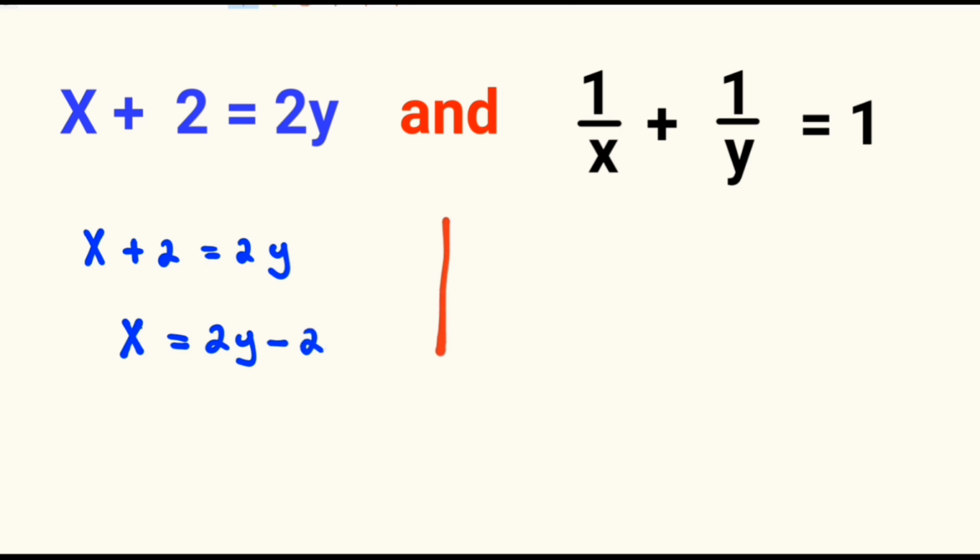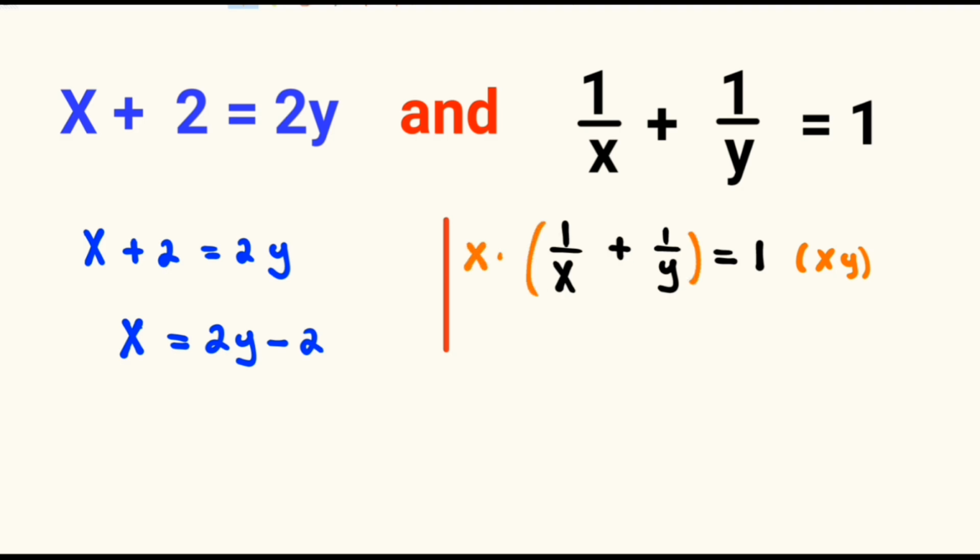On the other side, we have 1 divided by x plus 1 divided by y, which is equal to 1, and we multiply both sides of the equation by x multiplied by y, and we distribute the xy inside the parentheses, and the xy multiplied by 1 will be equal to xy, and